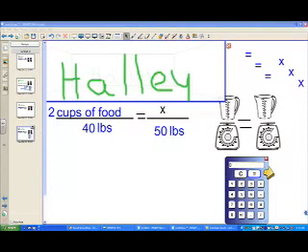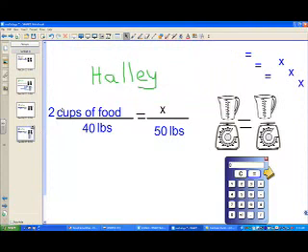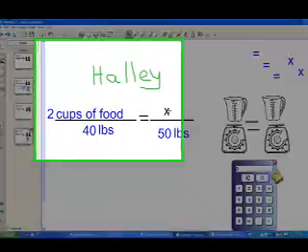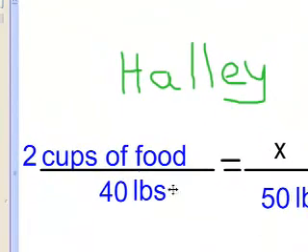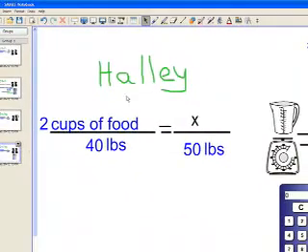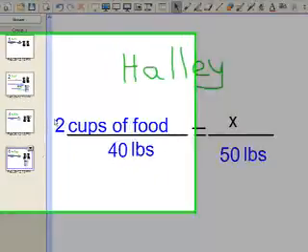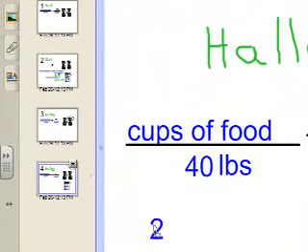Let's look at how to solve Haley's problem. We have a ratio of 2 cups of food to 40 pounds, and we're trying to find the equivalent ratio of x over 50 pounds. So there's lots of different ways to solve this problem, but we're going to use cross multiplication. So we're going to go ahead and take our 2,